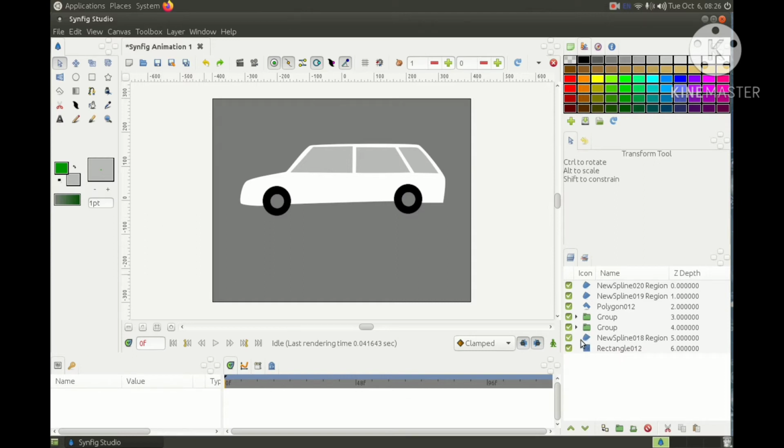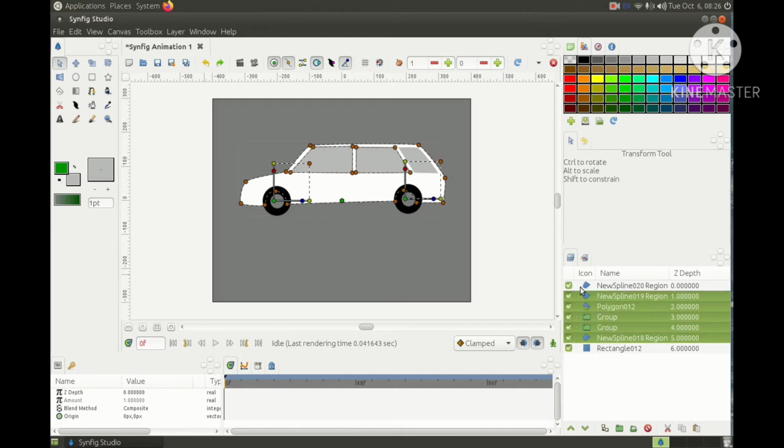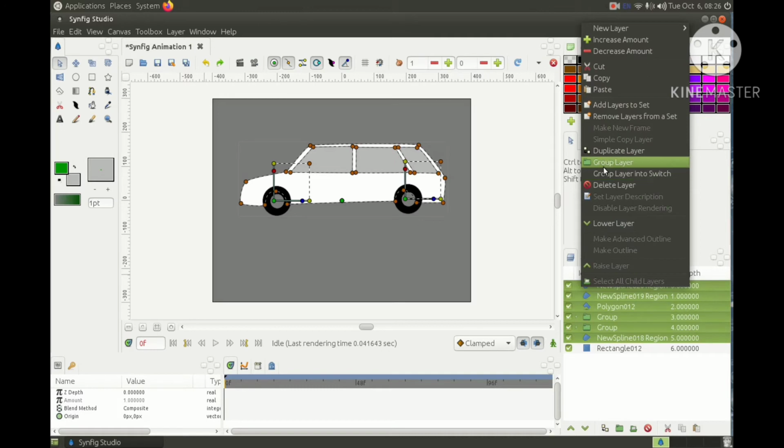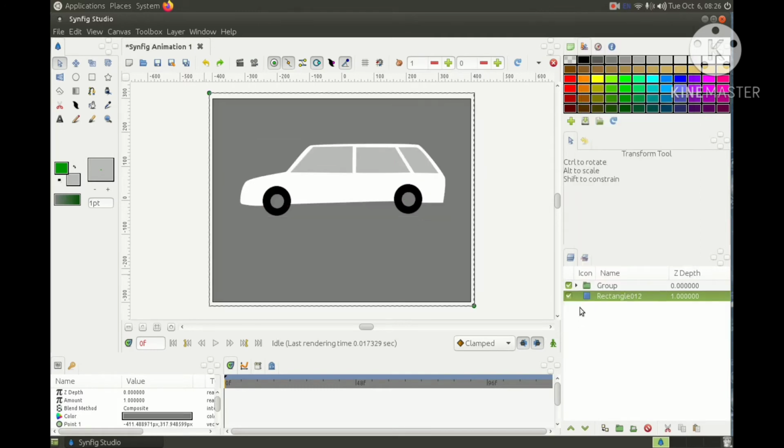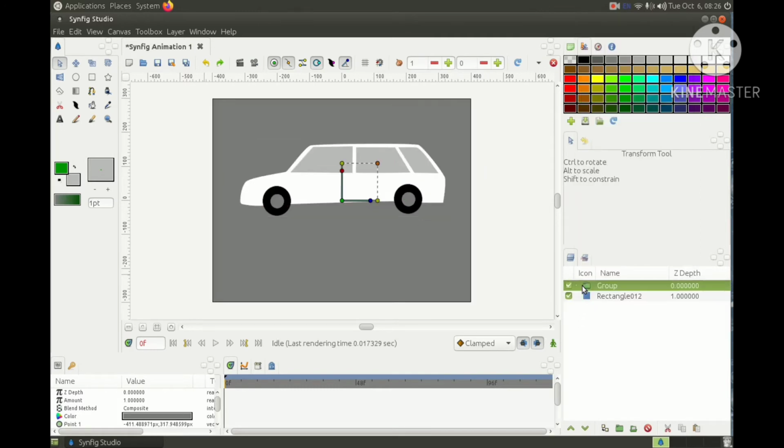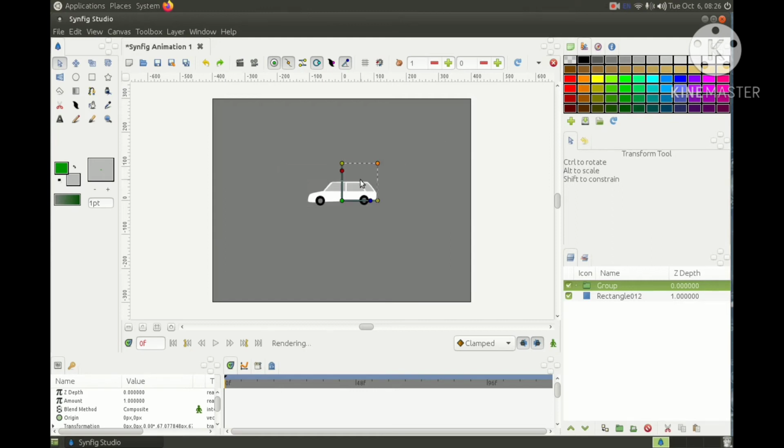Now I'll select all these elements of my car, right click and make a group. Now why have I made a group? If I need, I can resize my car. Okay, that will be useful, I'll show you later.